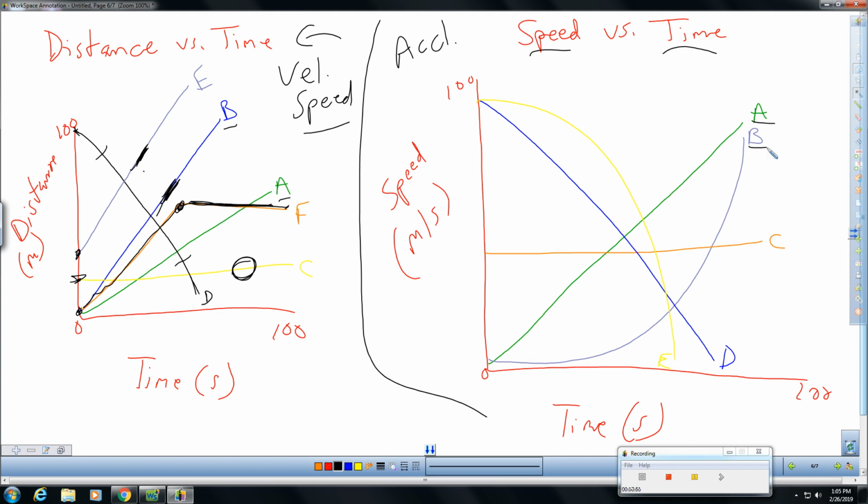But cruise control is not the same as accelerating, because when you set the cruise control, it keeps your speed the same. So C would be cruise control because the speed never changes. A is accelerating, but it's accelerating at a constant rate, meaning it's accelerating at the very same pace over the entire time. It's not going any faster. It's not going any slower. This is you putting your foot on the gas pedal and holding that gas pedal slowly down as the time goes. Now, if you take a look at B,